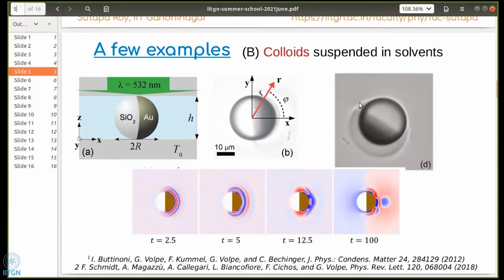And then this particle starts to undergo active motion. What I mean by that is that when you take the particle, put it in the solvent, turn on the laser, you suddenly see that the particle starts moving in a certain direction. And you have layers of the solvent which start forming around the particle, like you see in this picture here. So in the next picture, what I show you is basically the non-equilibrium phenomenon which is going on around this colloidal particle. You see the formation of layers, which are marked by different colors here, the red and the blue colors mainly,